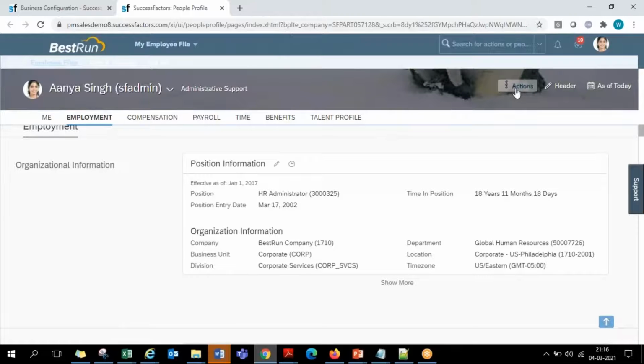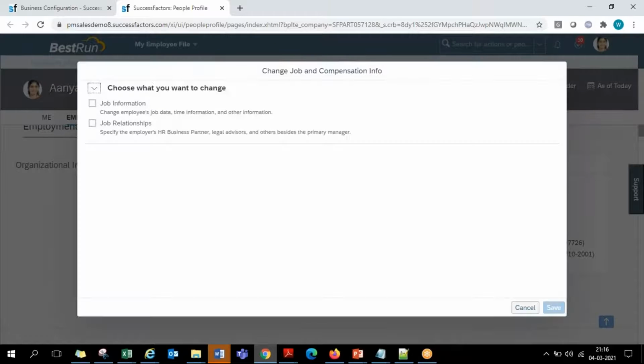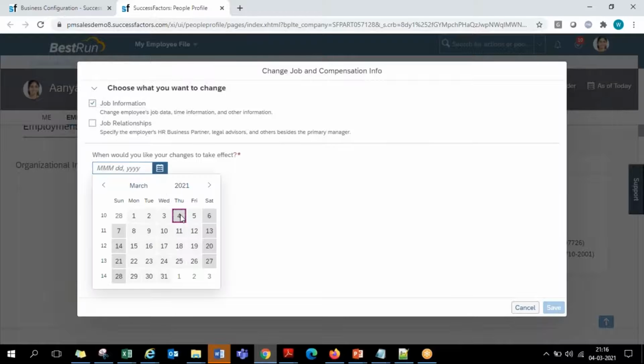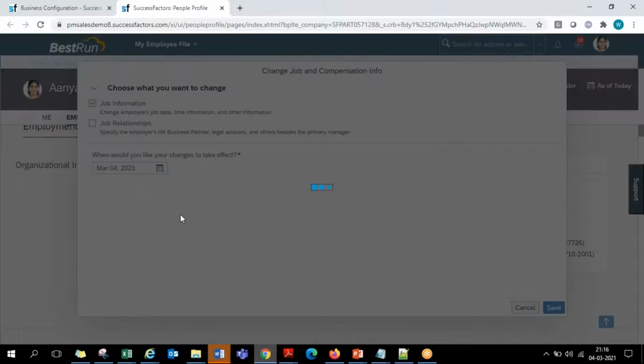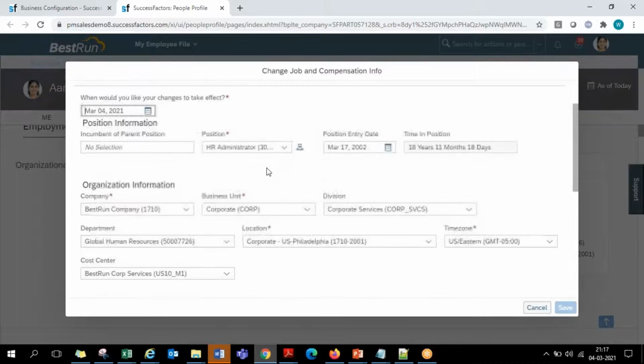So now if I'm going to make some changes on this existing employee record, job information. This is the path we follow whenever we are performing employee promotions, transfers and all, guys. In the last session we saw employee hiring. On the hired employee, if you are required to perform promotions, transfers, anything, we come through this path. Of course, we'll discuss in detail in the further sessions.